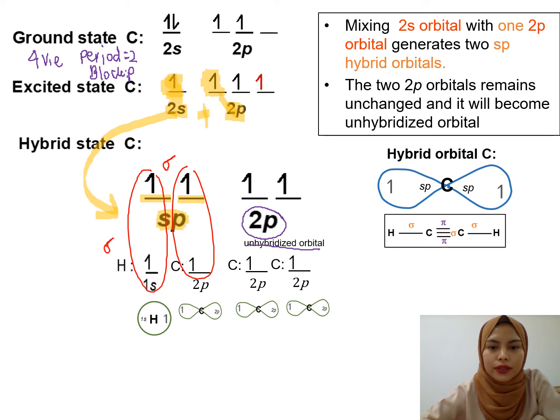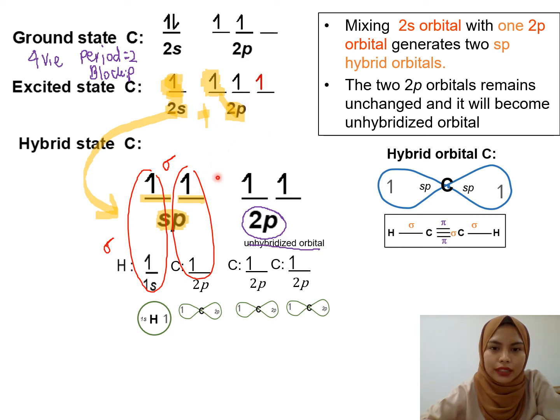Okay, so dia still ada baki lagi 2p ni. Cuma satu ni je yang dia menyumbang kepada hybrid orbital. Sebab itulah kamu dapat hybrid orbital sp. Yang dua lagi ni, okay, tak terlibat pun di dalam pembentukan hybrid orbital. So dia still milik 2p. Okay, dia bila dia tak termasuk dalam pembentukan sp hybrid orbital, makanya this dua orbital, dua elektron di dua orbital ni milik 2p. And then that's why lah bila nak label, you labelkan dia sebagai 2p unhybridized orbital sebab dia tak terkena dengan